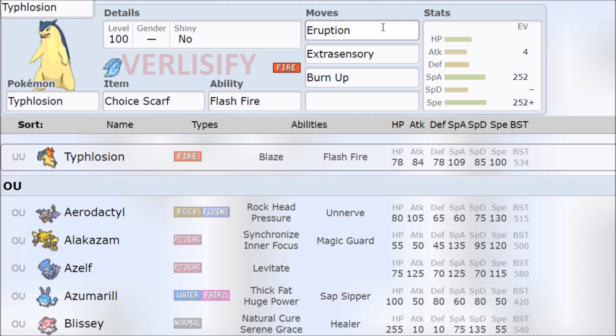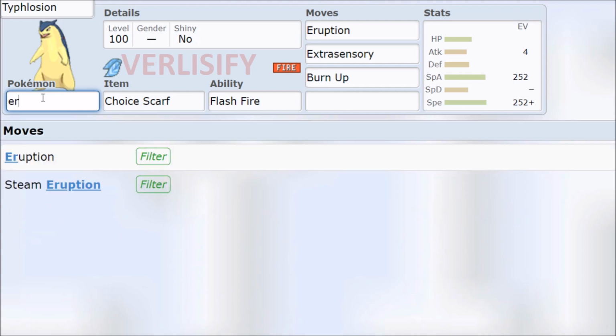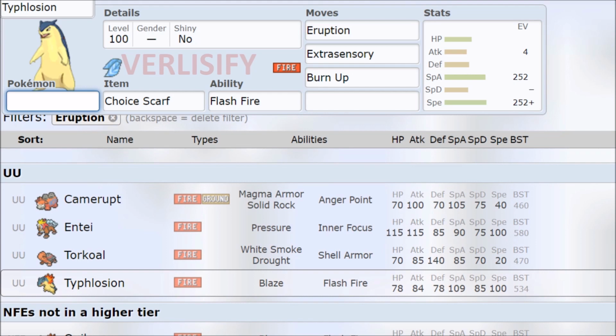So what makes Typhlosion compelling? Well, it gets access to one of the strongest moves in the game with Eruption: 150 base power as long as it is at full health, and it's one of the few Pokemon that actually gets access to it. You look at it: Camerupt, Entei, Torkoal, Typhlosion, and then Groudon and National Dex stuff. But the thing is, it's a fast Pokemon that gets access to it, and then comparing to legendary Pokemon like